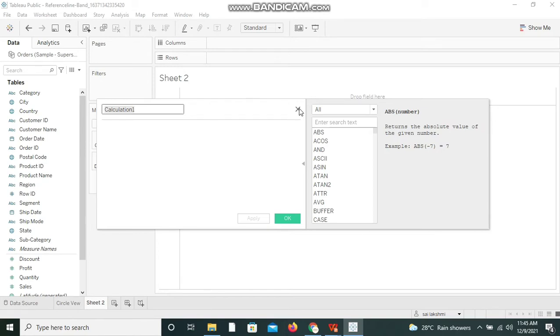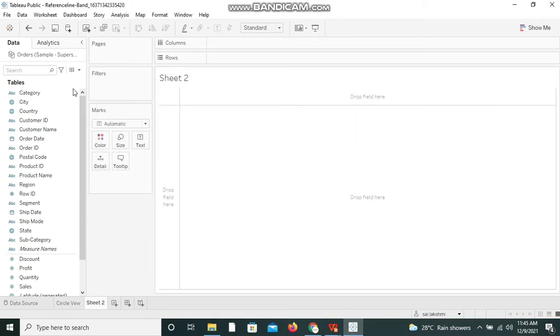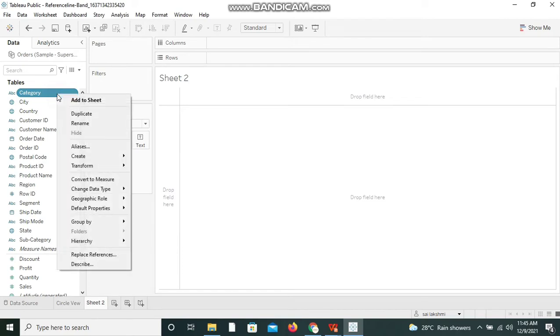I'm closing this window and selecting a dimension and right clicking on it, and you can see an option called create. Under create menu we have four options: calculated field, group, set, parameter. Since we are talking about calculated field now, I'm selecting calculated field.